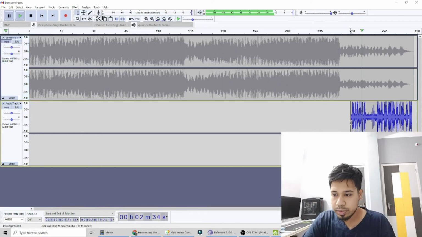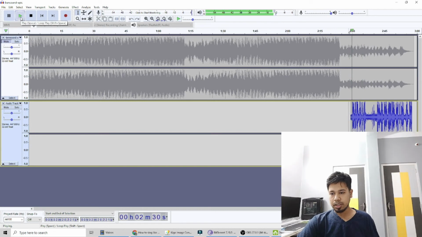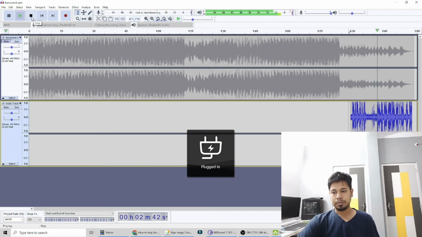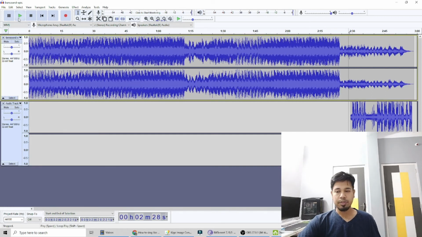So here you can see in this waveform my voice is there. So if I play this one now, you can see when I talk, then only the waveforms are forming. If I stop talking, the waveforms are not there. See, there is no waveform because the music is not playing. Okay, so this is only my voice now because this one is muted. So if I unmute this one and then I play, then the voice will come over the music.